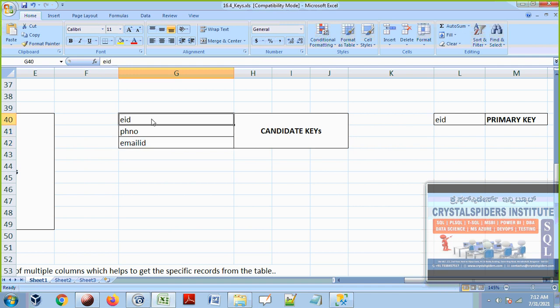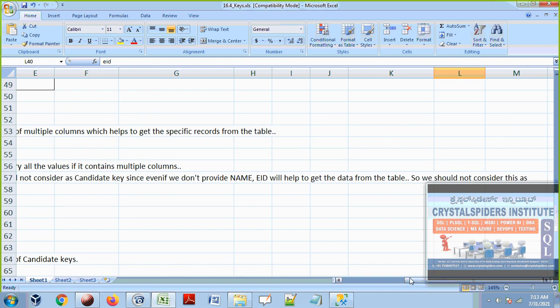But what about employee IDs? Employee IDs will never, ever be null. Every employee should have one employee ID. That is one of the main reasons we are choosing employee ID as the primary key, because whichever column we make a primary key, that column should not allow nulls. That means every employee should have values in that column. That's what the EID column is.